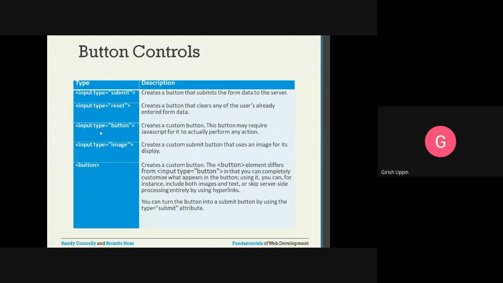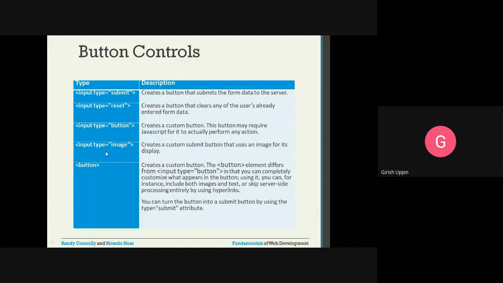If you use input type is equal to button, it will create a button on the form, but inbuilt functionality will not be there. You have to provide some functionality, and that functionality can be provided using JavaScript. This creates a custom button. This button may require JavaScript for it to actually perform any action. Otherwise, on the click, you have to do certain activity using JavaScript.